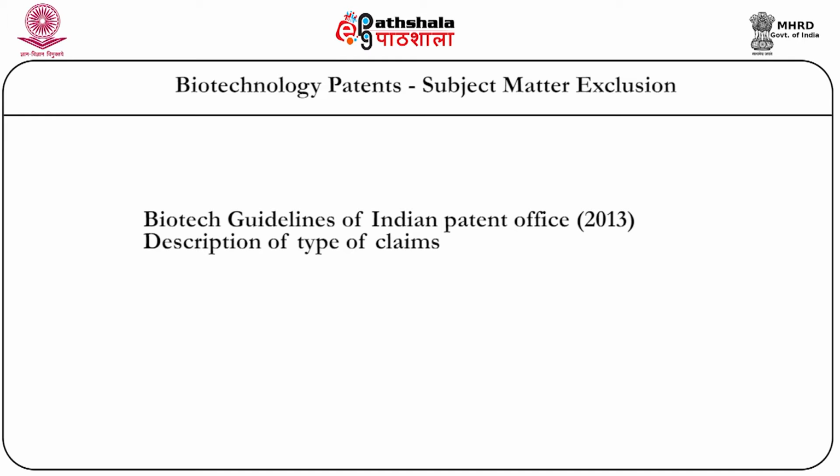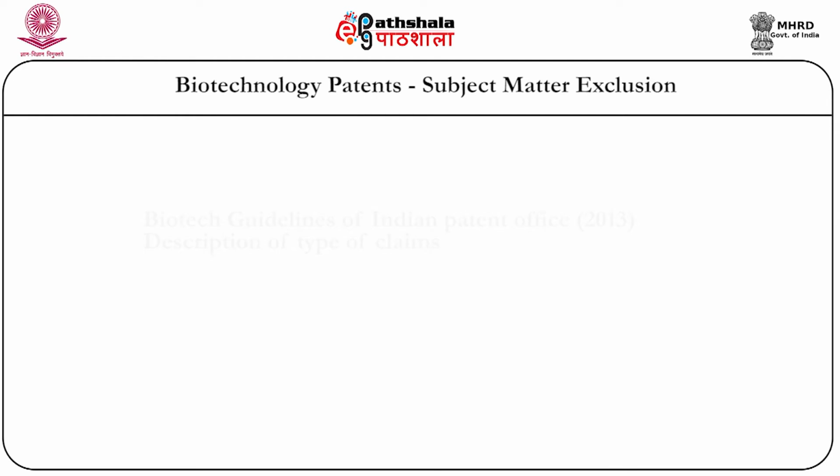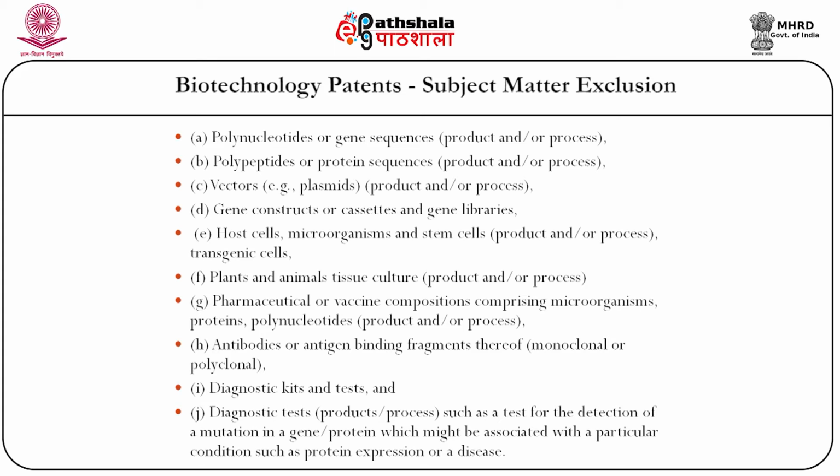The Indian Patent Office has provided a brief description of such claims in their guidelines in 2013. They say that biotechnology applications comprise claims relating to certain subject matters like polynucleotides or gene sequences, which may either be product or process based claims, polypeptides or protein sequences, again which are product and process based claims, vectors like plasmids, which may be in the form of product or a combination of product and process claims, gene constructs or cassettes in gene libraries, host cells, microorganisms and stem cells, which may again be in the